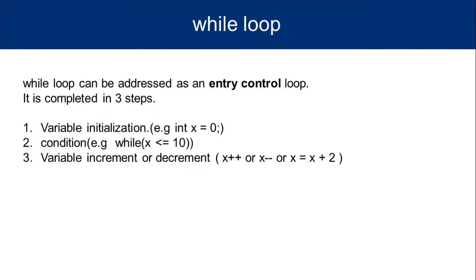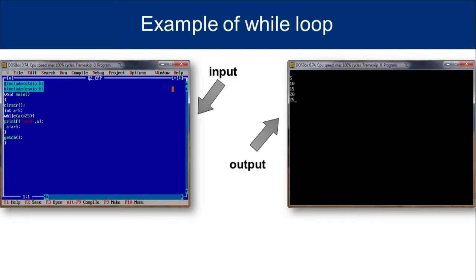While loop. While loop can be addressed as an entry control loop. It is complete in three steps. First, variable initialization. Second, condition. Third, variable increment or decrement. Example of while loop: